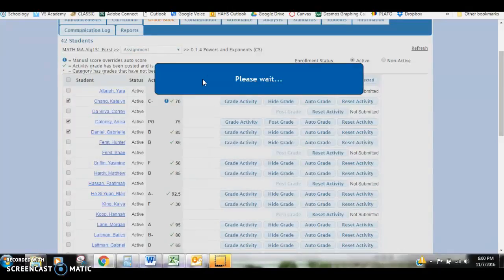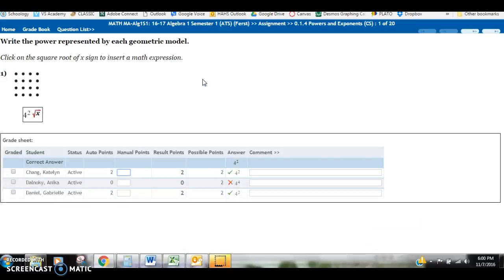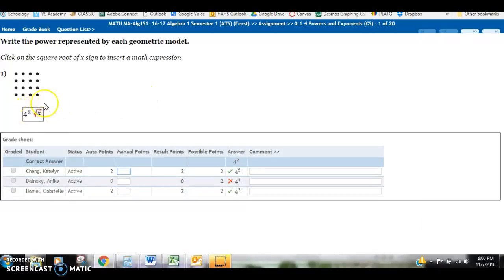The nice thing with this is you can just copy and paste feedback if it's appropriate. Now, the one thing to remember is that you do have grading notes. Oftentimes, like here is what the correct answer is. The student cannot see the correct answer. You can see the correct answer, so you certainly don't want to leave the student hanging with what they should